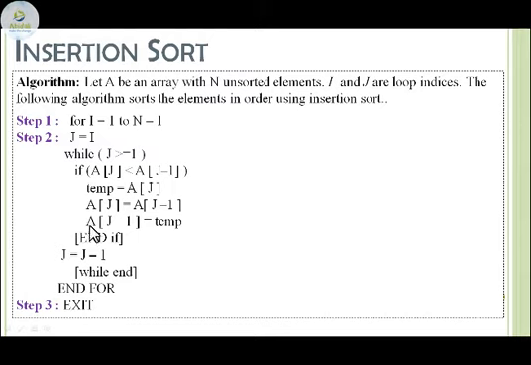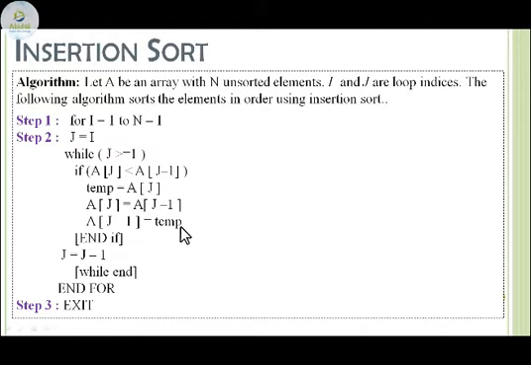This shifting is done by these 3 statements. I hope you remember the program in the first year where we wrote swapping of 2 variables, or interchanging the values of 2 variables, where we wrote temp is equal to a, a is equal to b, and b is equal to temp. See over here also, temp is equal to a, a is equal to b, and b is equal to temp. Like that we have written the 3 statements, that is interchanging or swapping 2 values.